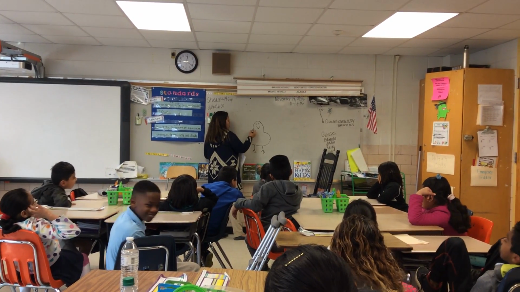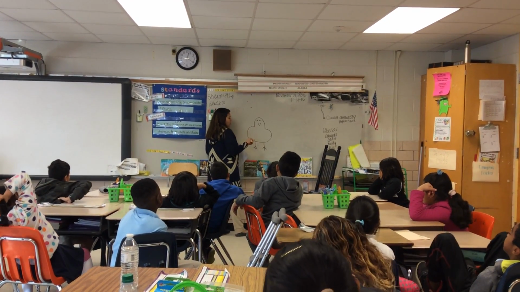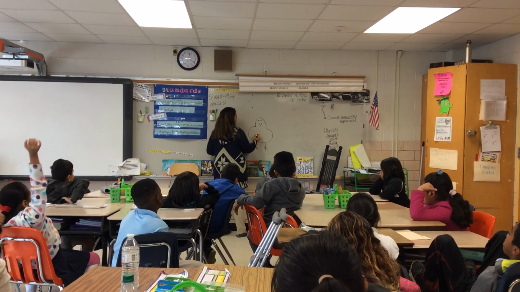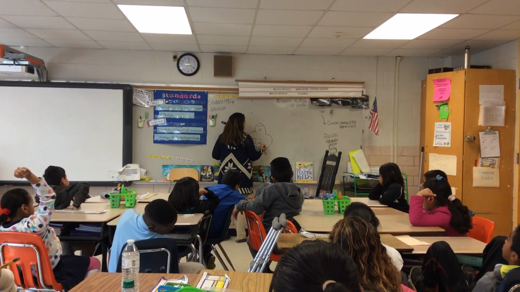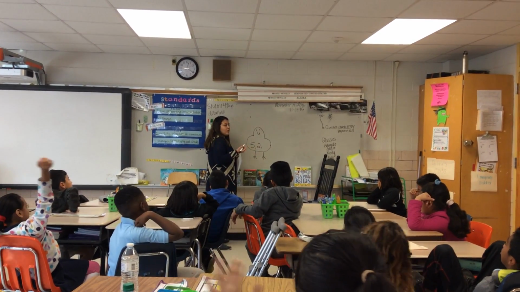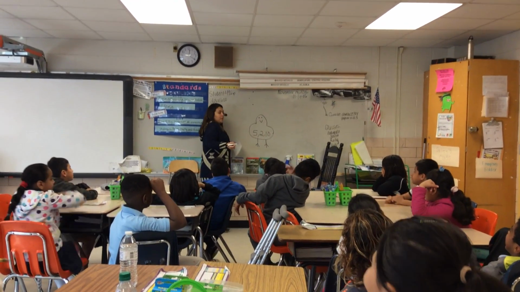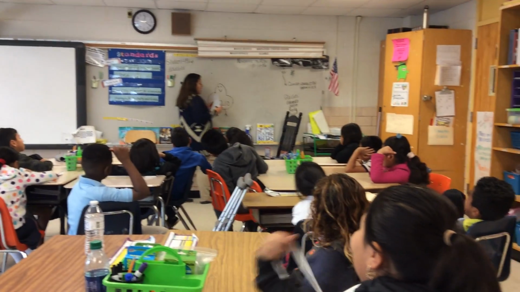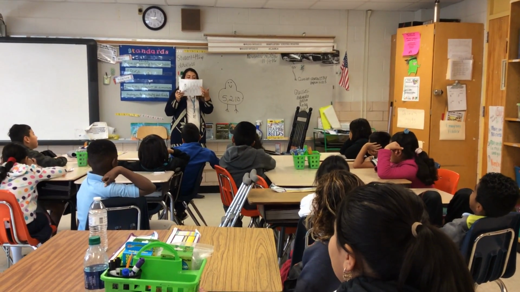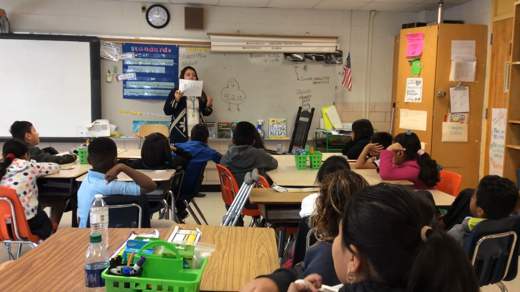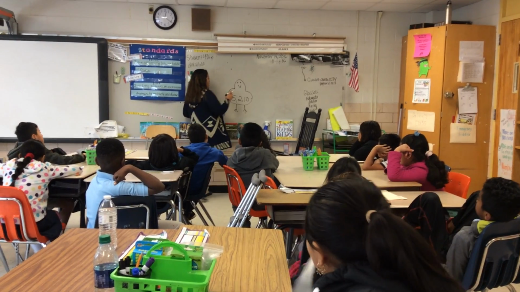So inside Mr. Turkey, you're going to put the 3 numbers that you're going to use. I'm going to use 5, 2, and what's 5 times 2? 10. Okay? My 3 numbers. And then I'm going to use 1, 2, 3, the 4 feathers to show my fact family. So my first feather